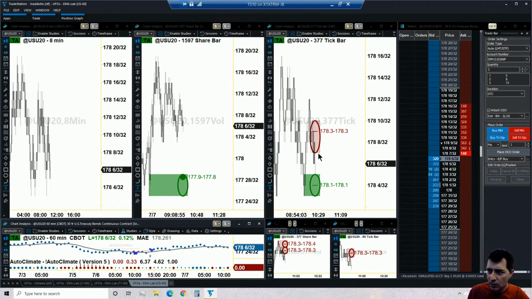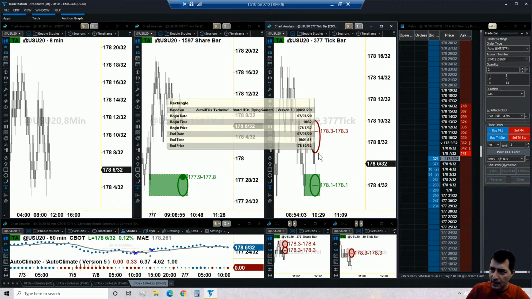Okay, so if we were to take this trade, the entry would be 178 and that is 732s, and the stop would be, okay, right above 178.1032. Therefore, it's going to be 178.1132. Okay, and the target would be 5. Okay, so yeah, it's no way, it's not going to work. Yeah, it's not going to be good, guys. It will not be good.